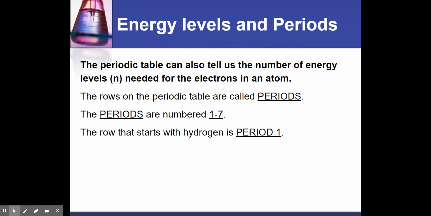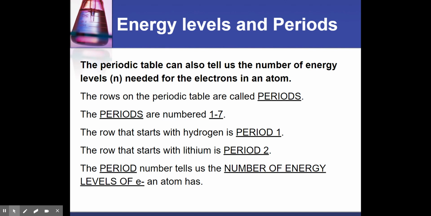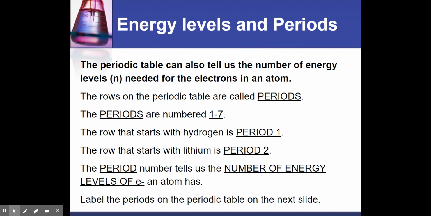The row that starts with hydrogen is actually called period 1. The row that starts with lithium is period 2, and it's that period number that tells us the number of energy levels of electrons an atom has. Basically, how many layers of electrons do we have for a particular atom? So if we look at our periodic table,